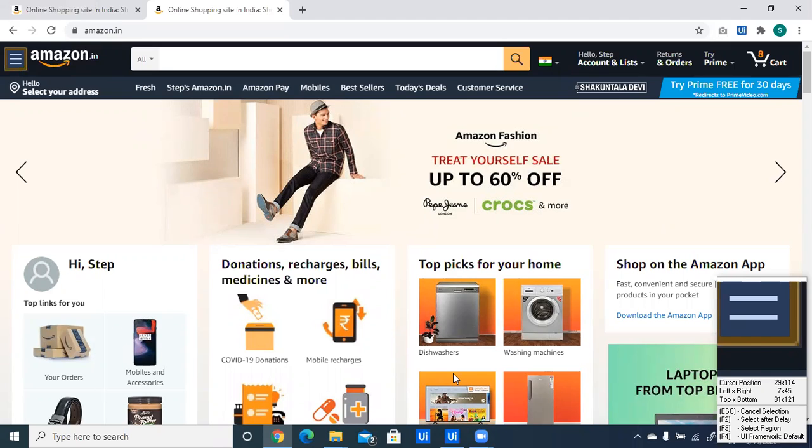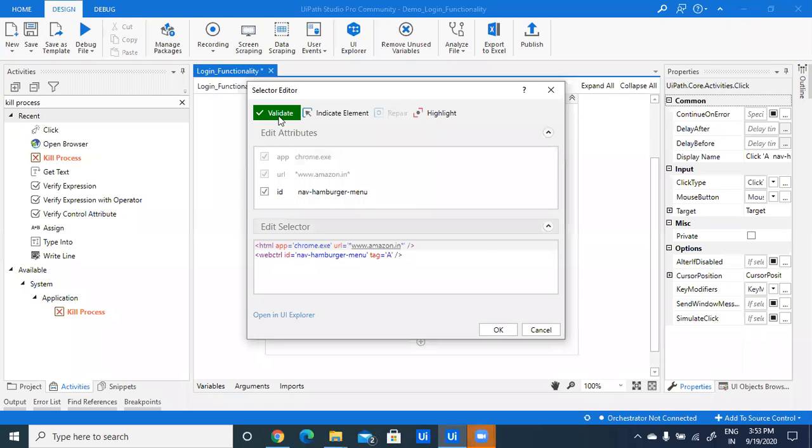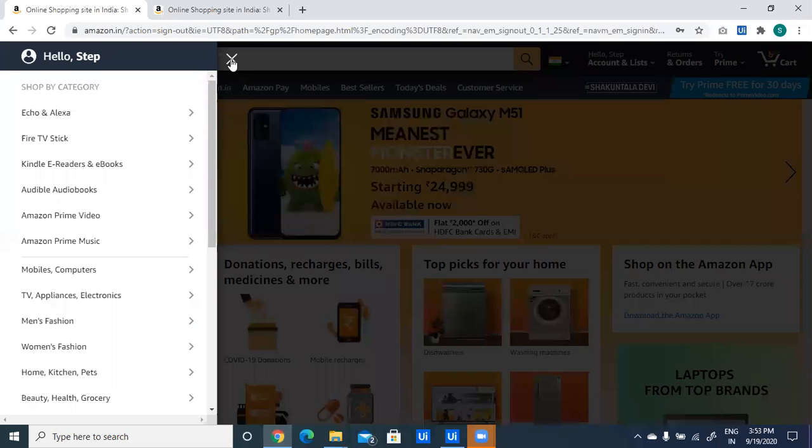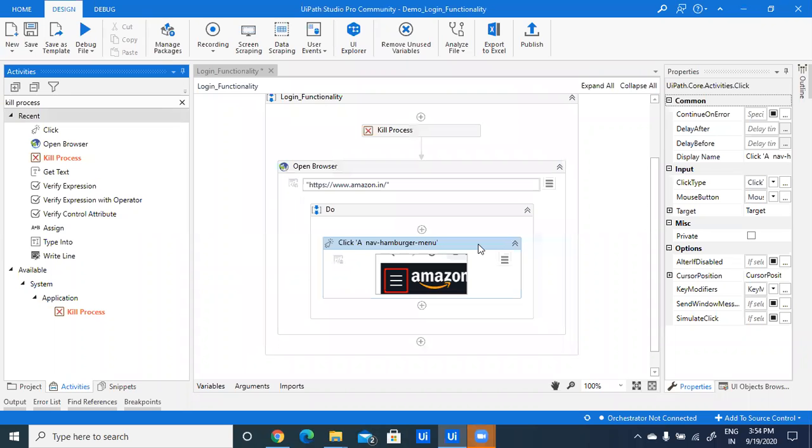it will show an informative screenshot. Just click on this and click on edit selector to verify that our selectors are identified properly or not. It is in green color, that means our selectors are proper. And if you want to cross check, then click on highlight and check that it is indicated properly or not. So click on OK. After clicking on that,